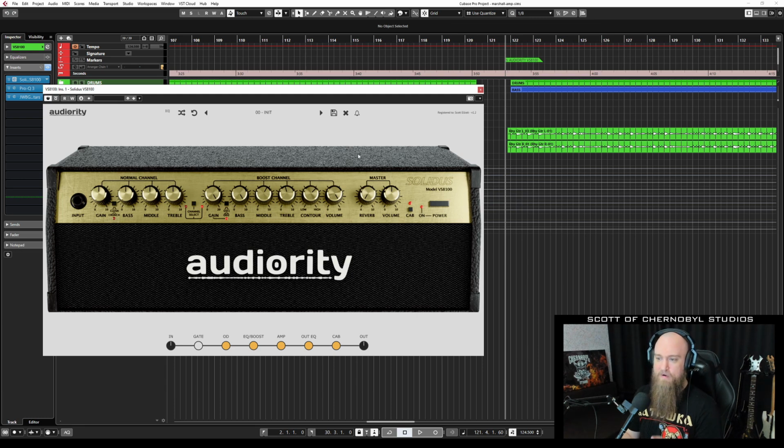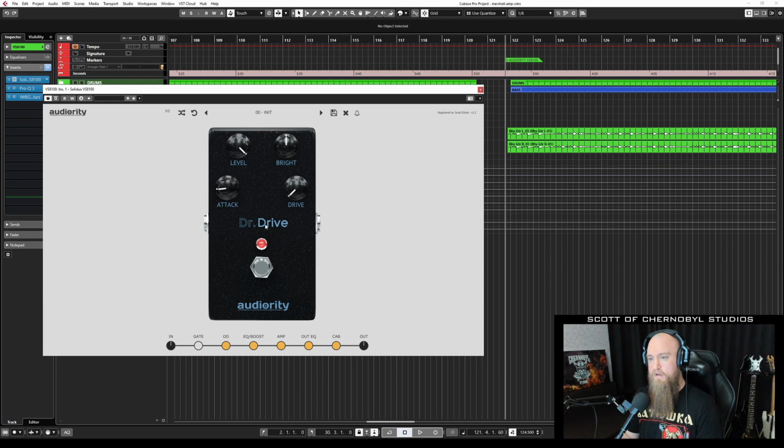And this is one of my favorite amps to use to blend into a different amp because you can just set the dials however you want. It's going to be aggressive, different, and grindy sounding, and you can just blend that into another guitar sound, and it's awesome. The main thing to keep in mind when you're using the Audiority is you do have to boost the hell out of it, and the trick is going to be working with the parameters so that you have a tight, controlled low end, because if we listen to this,